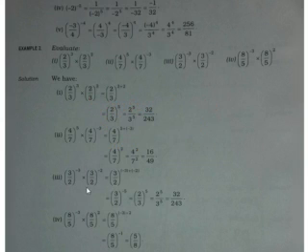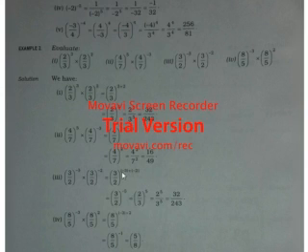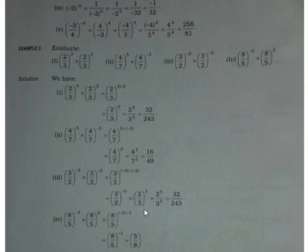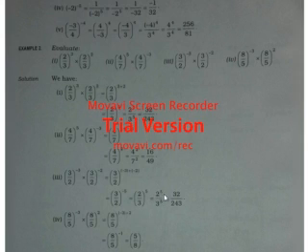If you will see question number 3, it is (3/2) raised to the power -3 and (3/2) raised to the power -2. So what happens? (3/2) raised to the power -3 plus -2 it becomes. Both are the same sign, so they will be added: -3 -2 will become -5, so (3/2) raised to the power -5. Now when we make it positive, what will happen? It will become reciprocal, 2 will go up and 3 will come down, so here it is (2/3) raised to the power 5. In the same way, if it is separated, you can see over here 2 raised to the power 5 by 3 raised to the power 5 is equal to 32 by 243.